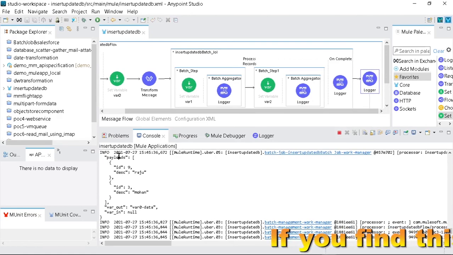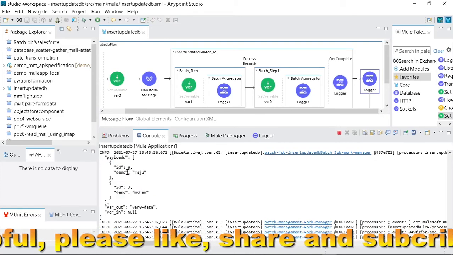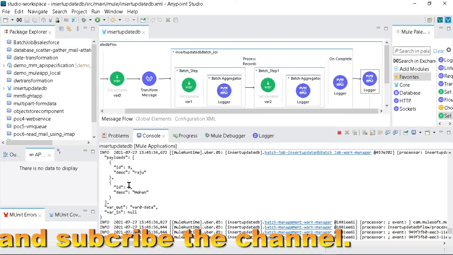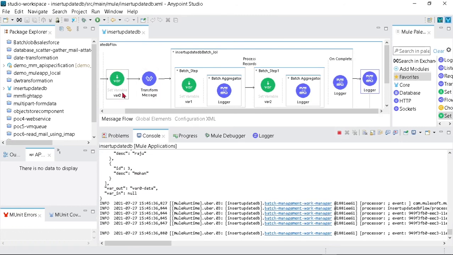Inside the payload attribute we have received 2 records, and both of those records have id less than 10. Okay, and the outside variable, that means this variable, we have received the result, but this variable 2 is coming as null. Its scope is limited to the processor part only.